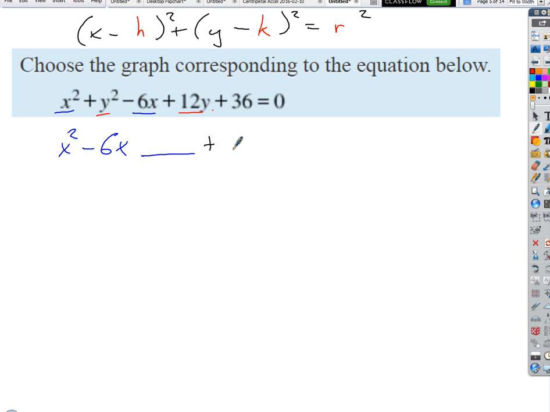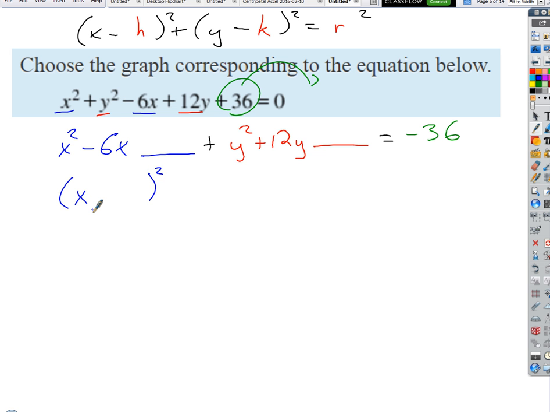I'm going to collect the y terms, y squared plus 12y, space. And then on the other side, what am I left with? That 36 I'll subtract over to the other side, right? Yes. Okay, now all I got to do is just a couple quick steps to complete the square there and there, right? So for the x's,